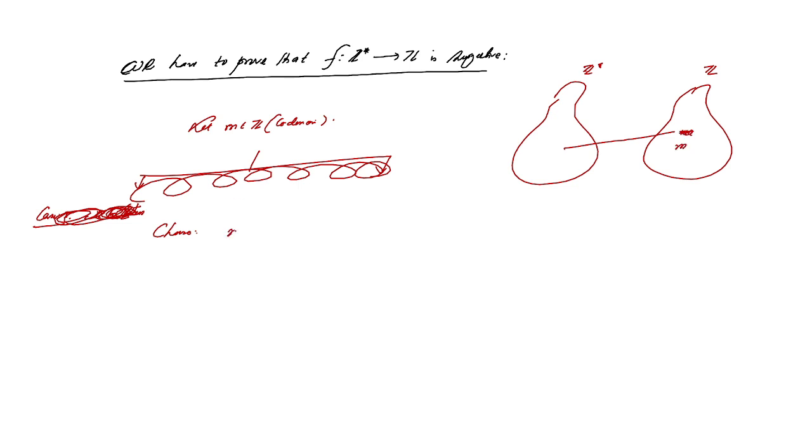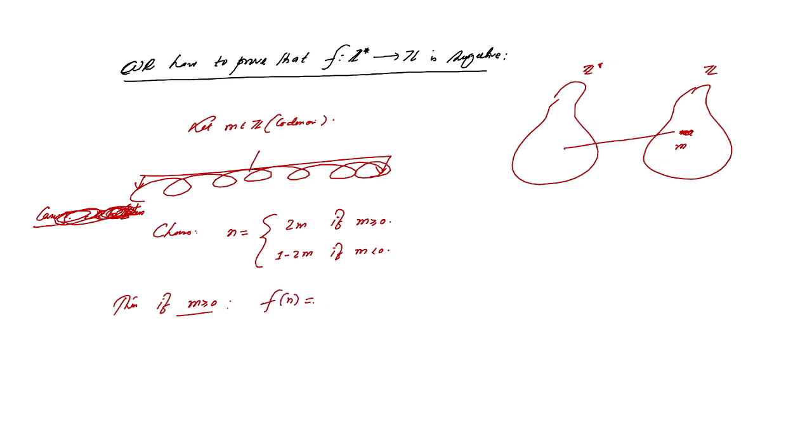So we choose n equals 2m if m is non-negative, that means greater than or equal to 0. And we choose n equals 1 minus 2m otherwise, that means if m is less than 0. So then, if m is greater than or equal to 0, in that case